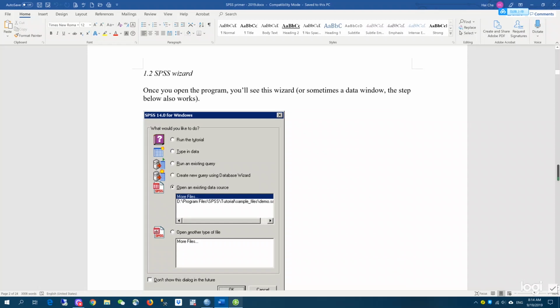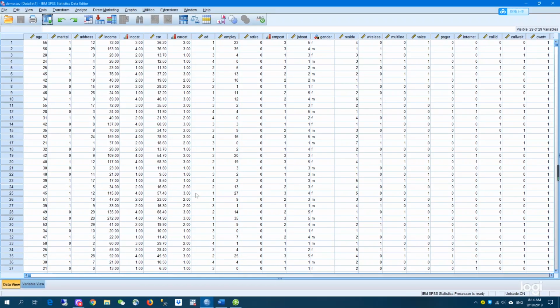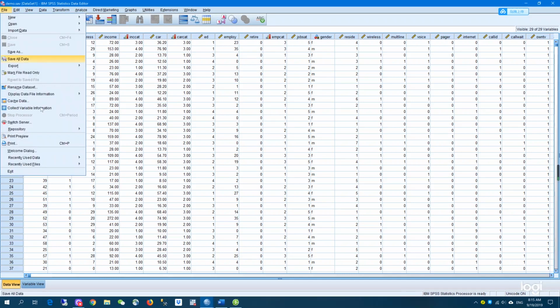Okay, so the first thing, let's talk about how you can open a data set from SPSS. So now suppose that you have installed SPSS on your desktop or laptop. What you can do is, this is the window that will pop up when you open SPSS. Now here, I've already opened the dataset. If I close it, all right, if I close this window,